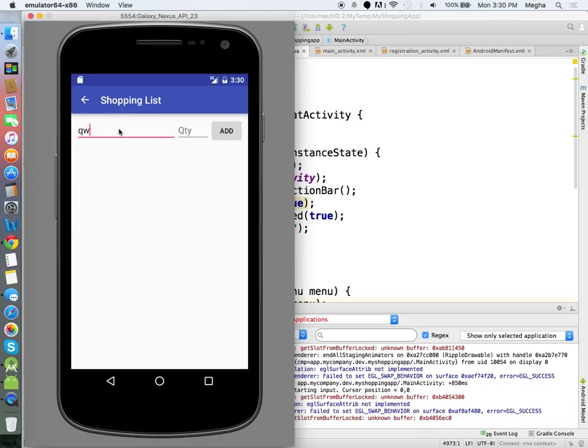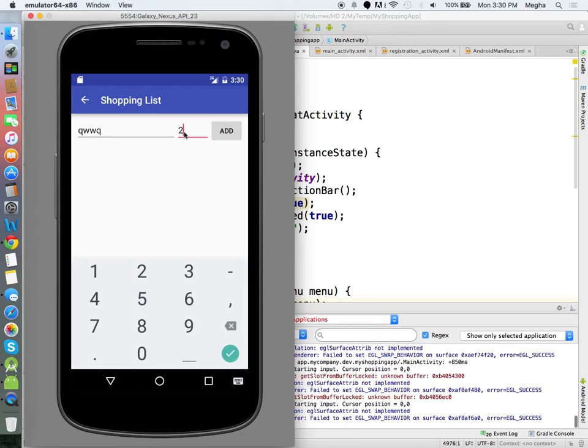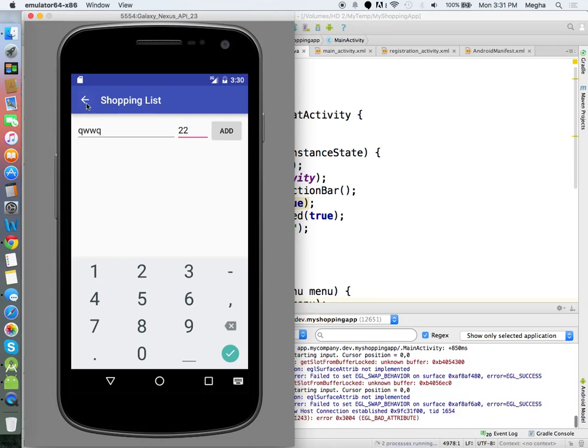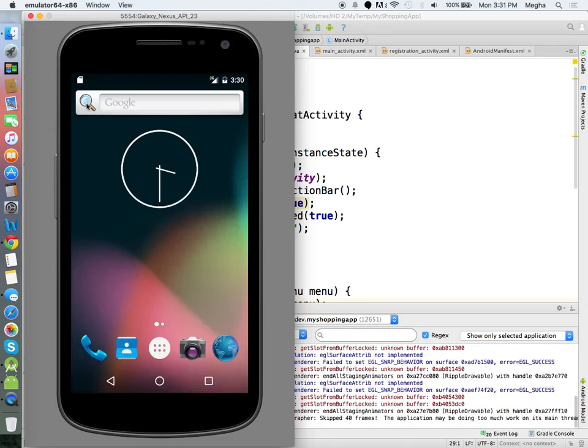So the user will enter the content and the quantity, and click add. The moment they click add, this item will get added into a list. So this part we have to add. But anyway, I added a back button to close the application. The application will totally get closed because the login screen will not appear once the user logs in.